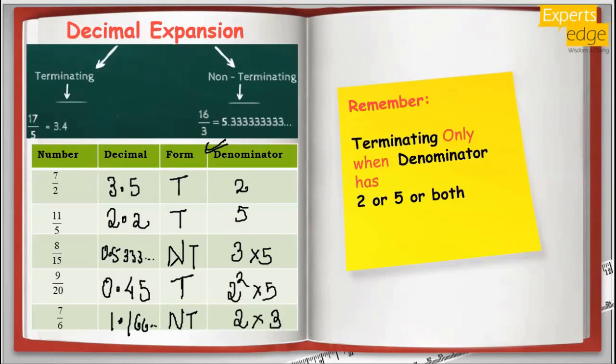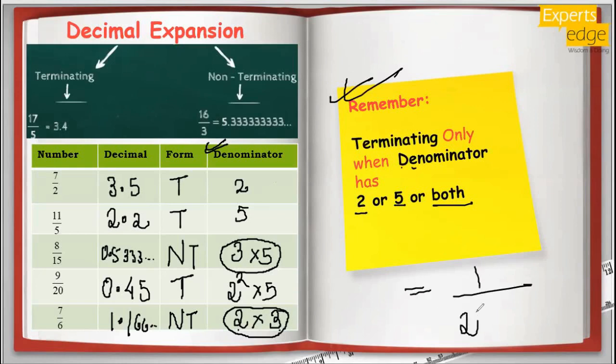So if you observe here the non-terminating ones, the learning we get is that for a number to be terminating, the denominator has to be powers of either 2 or 5 or both. Apart from these, if any other digit comes in, that number will not be terminating. If you see 6, it has 2, but along with 2 it has 3 with it, so it will not be a terminating number, right? So just remember this point: for a number to be terminating, the denominator has to be powers of 2 or of 5, nothing else.